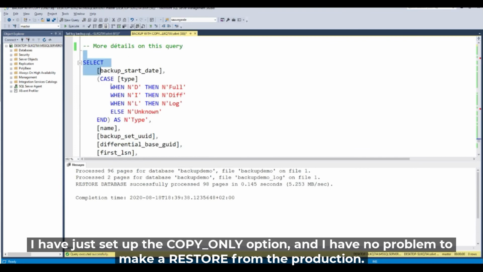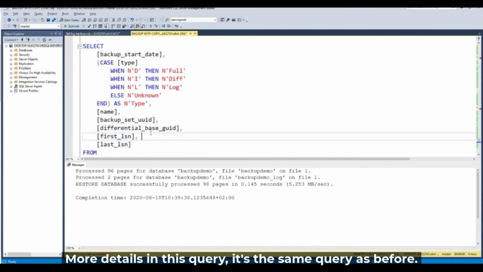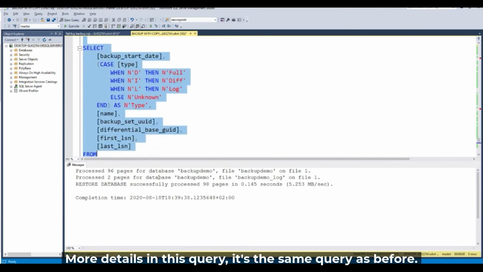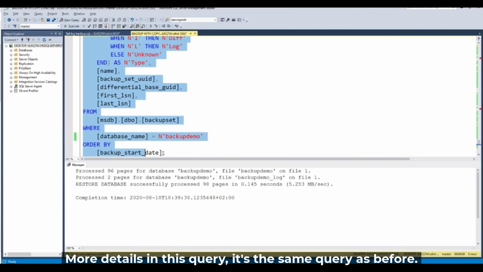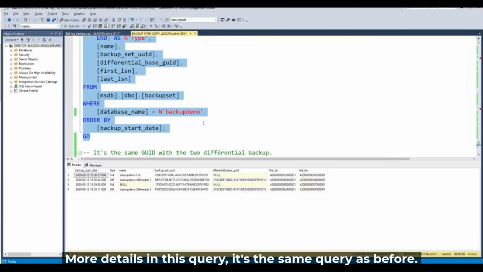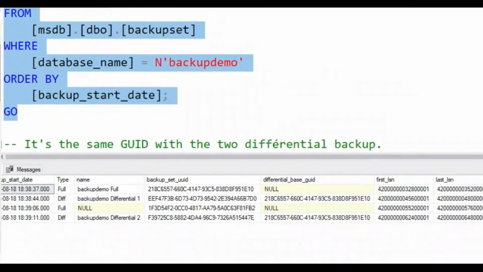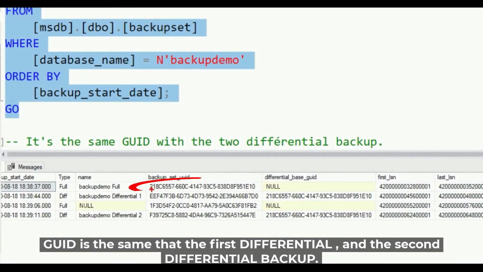Okay, let's modify this query. It's the same query as before, and let's make a zoom. The GUID is the same for the first differential and the second differential backup.